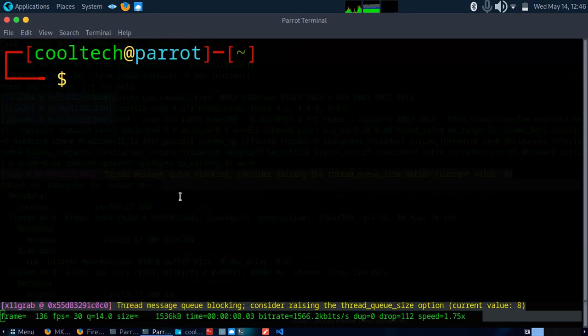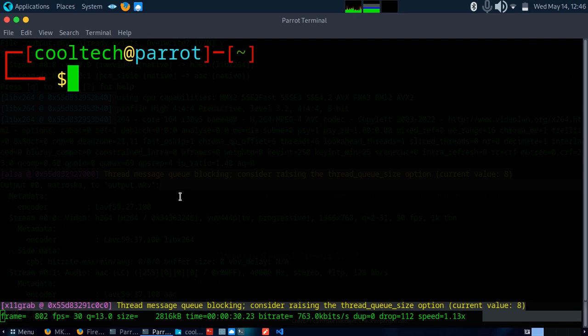Okay, in this video I'm going to show you how to use a tool called IP track. This tool is for IP information gathering. For example, how you can use this tool: you first need to